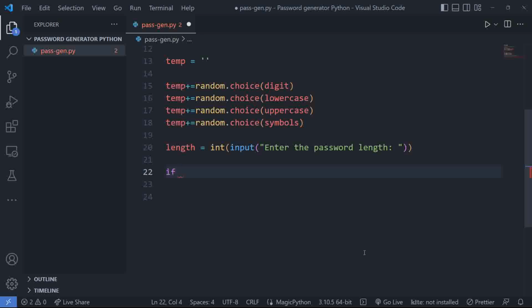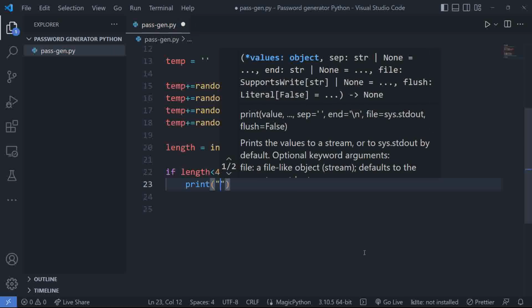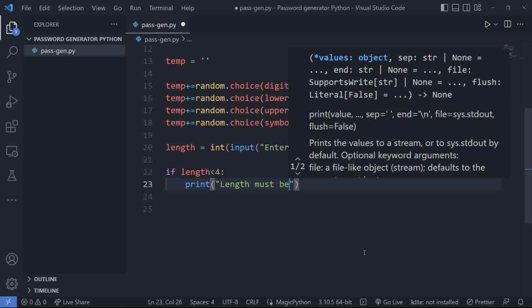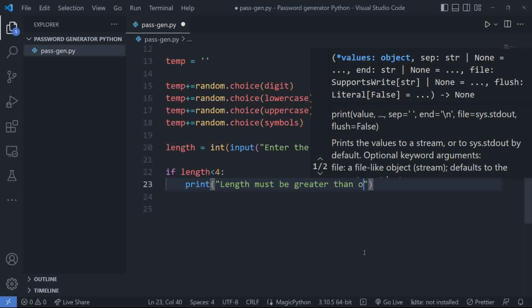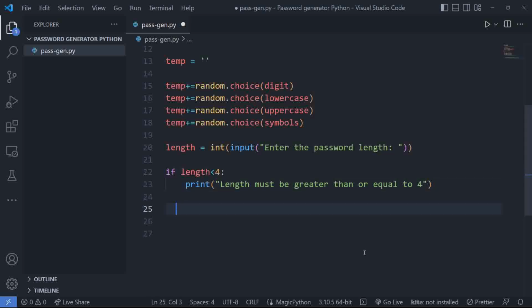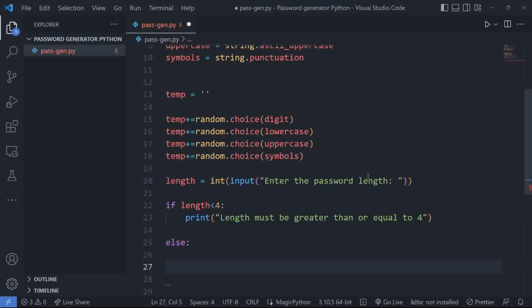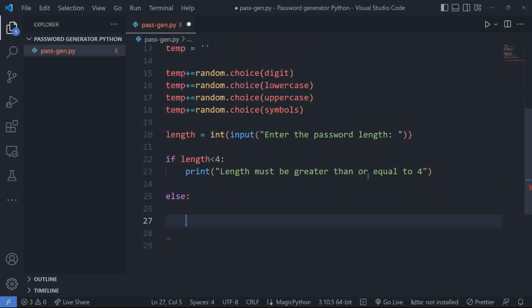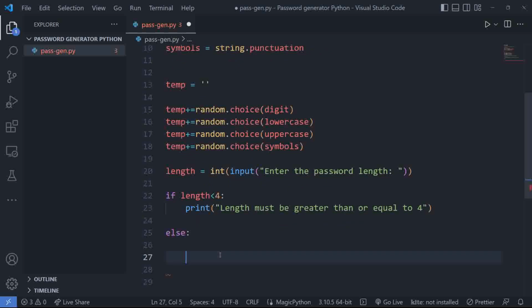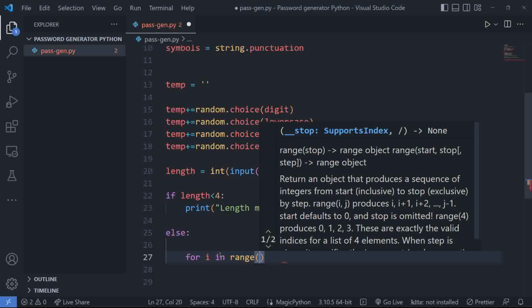So to check that, we can use an if else statement, and if length is less than 4, then just simply show a message that length must be greater than or equal to 4. And if length is already greater than or equal to 4, then we will give the user a randomly generated strong password. To add more characters to our password, we can use a for loop, for i in range